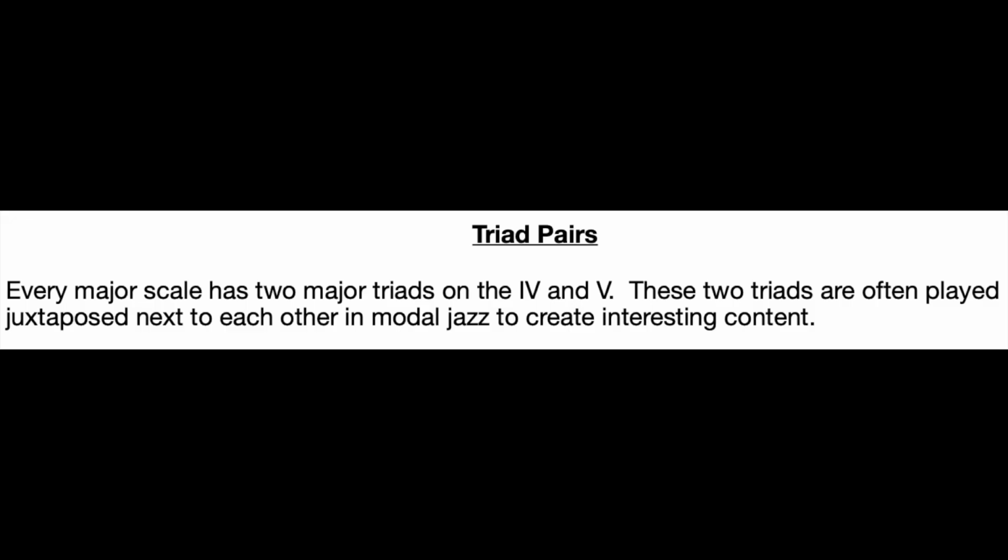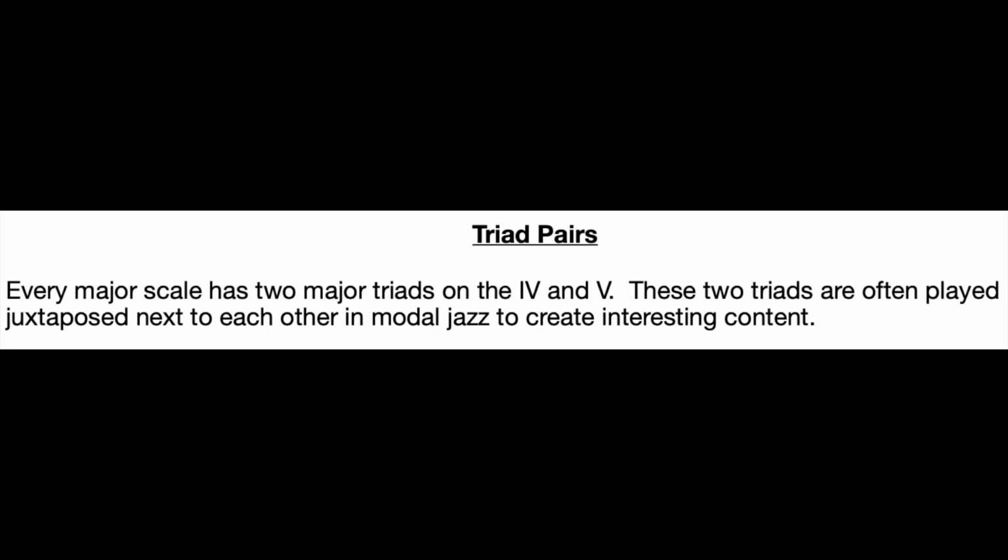So this next exercise is about triad pairs, and I'm going to do a quick explanation about what those are. Basically the idea is once you found your parent major scale, that would be 1 in terms of modality. And we remember that 4 and 5 also were a major type of mode because they had a major arpeggio built in. So for instance, if we're in C major,